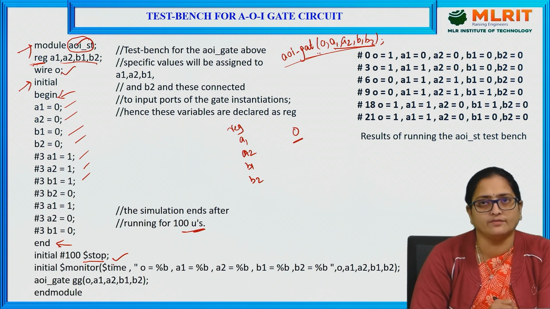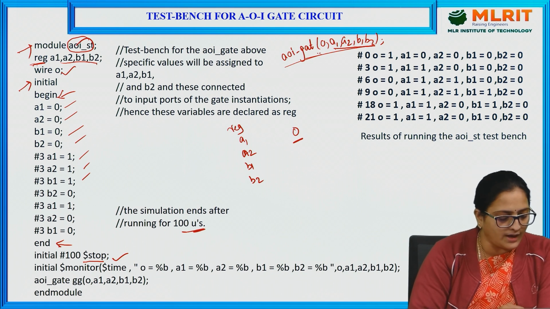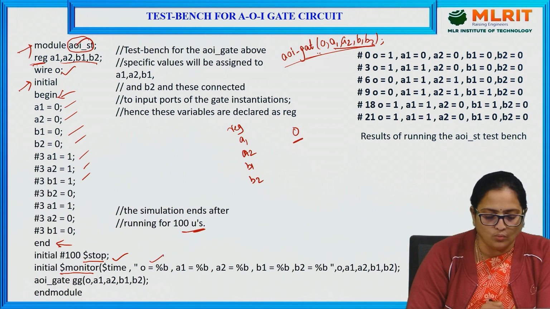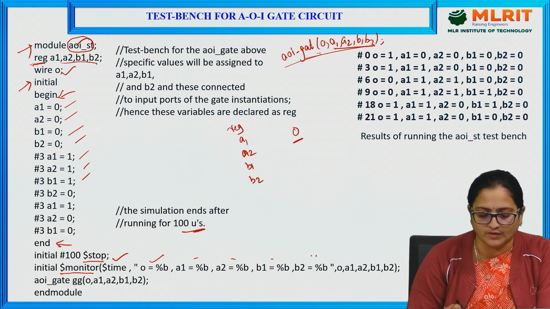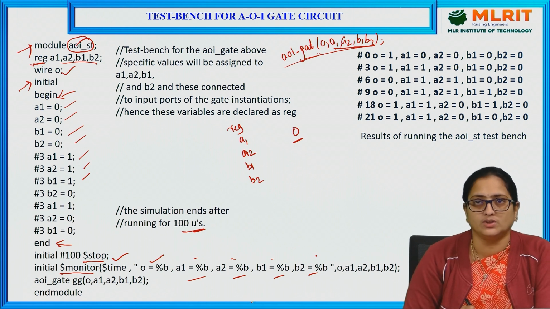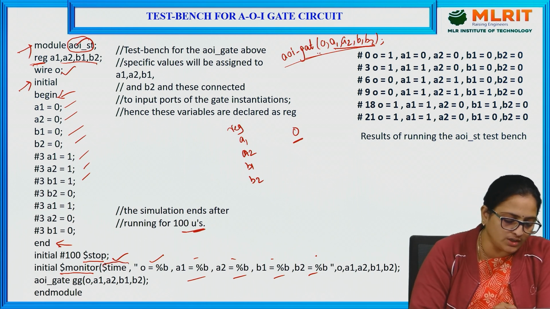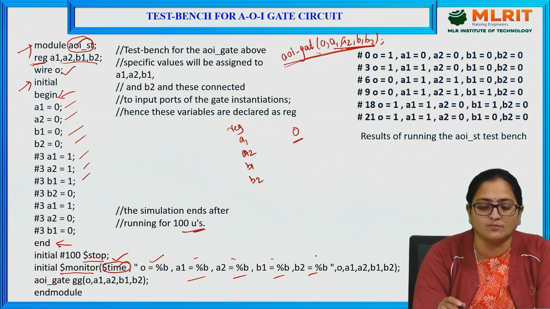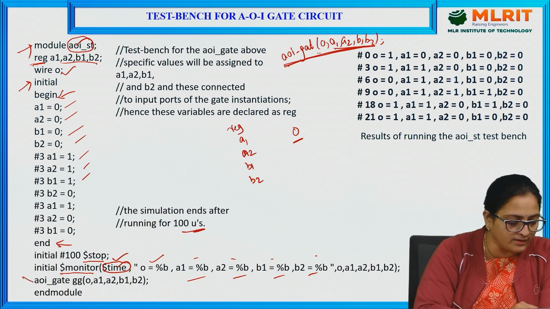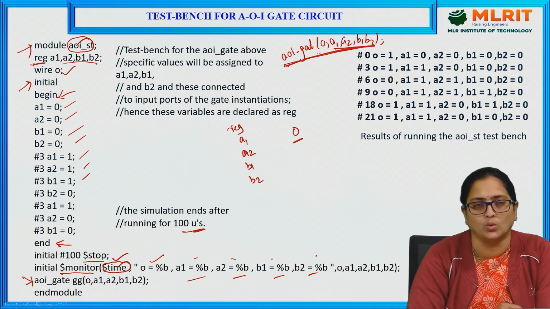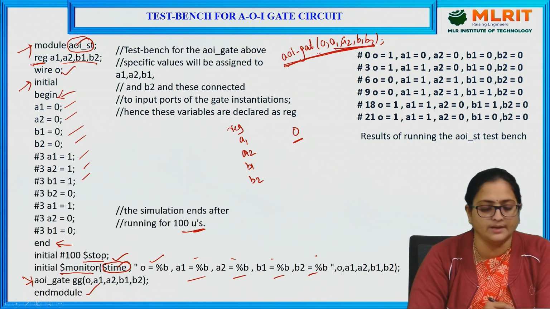If you use a $finish, it terminates the simulation at that 100th time interval. And $monitor always checks the O value with respect to the inputs which we have given, that is A1, A2, B1, B2. And if you want to check these values with respect to time, you need to use $time here also. Now, whatever module name we have given will be called here to run this module in this test bench code. And this ends with the endmodule.